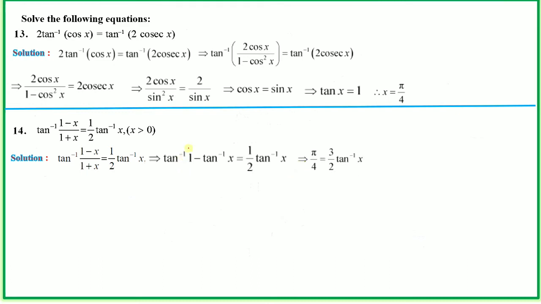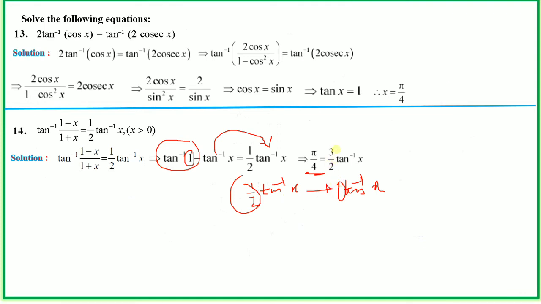Then this implies tan inverse 1, means here the value 1, instead of that 1 we can write tan pi by 4, so tan and tan inverse removed, so we have pi by 4, and minus tan inverse x that we have taken to the right hand side, so half tan inverse x plus tan inverse x, so half plus 1 is equal to 3 by 2 tan inverse x,